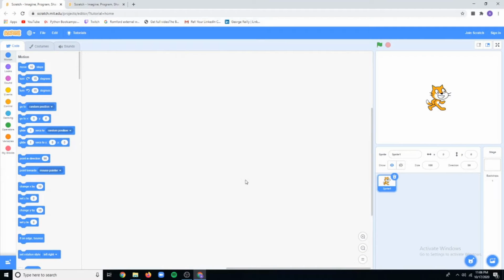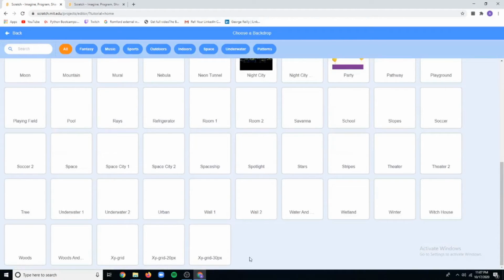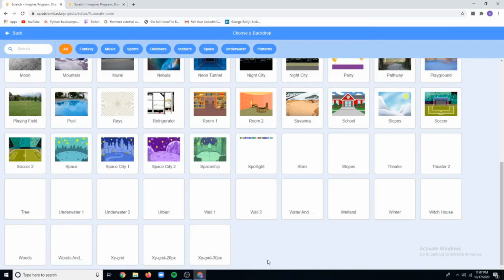Children, today I will be introducing you all to the motion block of your Scratch application. To understand motion block, it is nothing but to control the movement, rotation and the position of sprite on the stage. But to understand the motion block, first we need to understand the stage properly. To understand stage, we are having a backdrop here which will help you to understand stage more better.